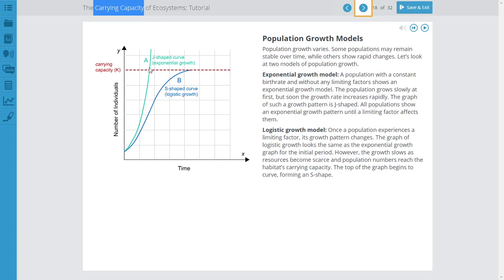There's not enough food, so eventually they're going to run out of food and a lot of them are going to die. It's going to get cold here again, and it'll get the rest of them. But they have what's called a J-shaped curve. Now the logistic growth model is one that usually is because it has a much slower reproductive rate, and that